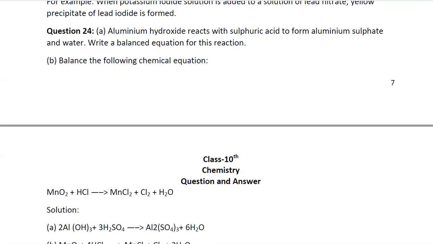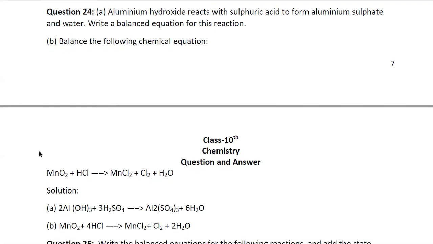Next question is asking: aluminium hydroxide reacts with sulfuric acid to form aluminium sulfate and water. Write a balanced chemical equation here. And we also have to balance the given chemical equation, MnO2 plus HCl gives MnCl2 plus Cl2 plus H2O. Okay, so let's balance these two chemical equations. First,